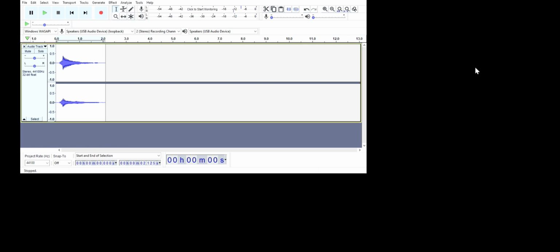The next effect I'd like to go over is normalize, which allows you to determine the peak amplitude, i.e. the highest volume, of the sound. The options are remove DC offset, which centers the sound wave along the 0 point, normalize peak amplitude to a set amount that you type in,